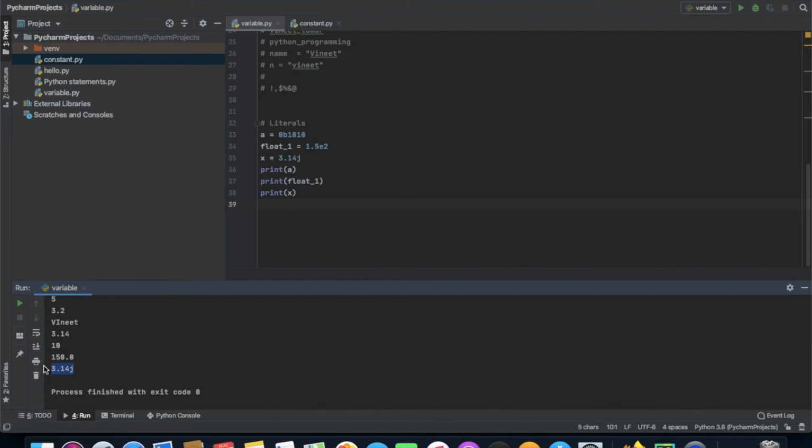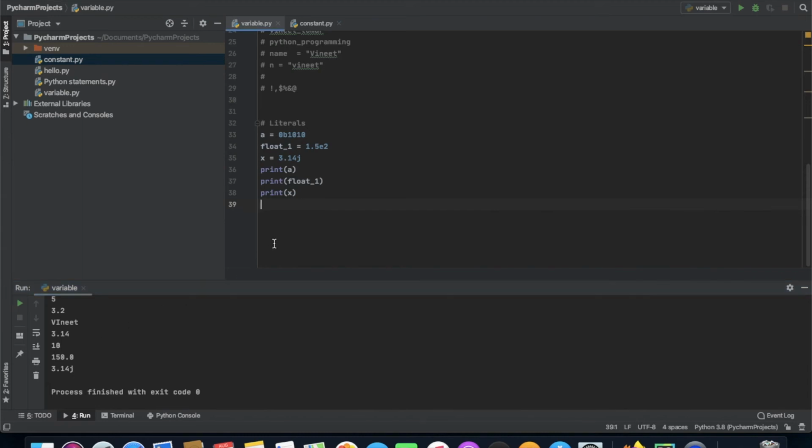What I'm trying to say is, in this program we assign integer literals to the variable. Here a is a binary literal, and we print the variable, and the literals are converted into the decimal value 10. Now 10.5 and 1.5e2 are floating point literals, and 1.5e2 is expressed with exponential notation and is equal to like this.